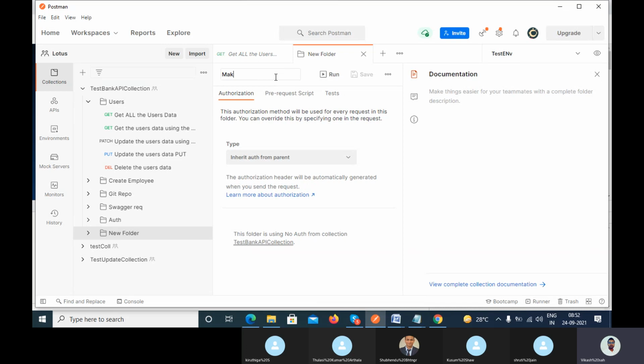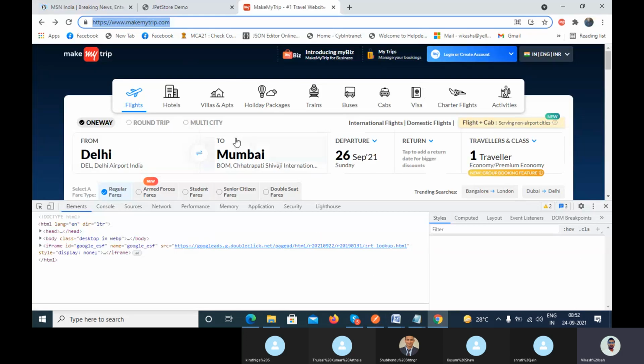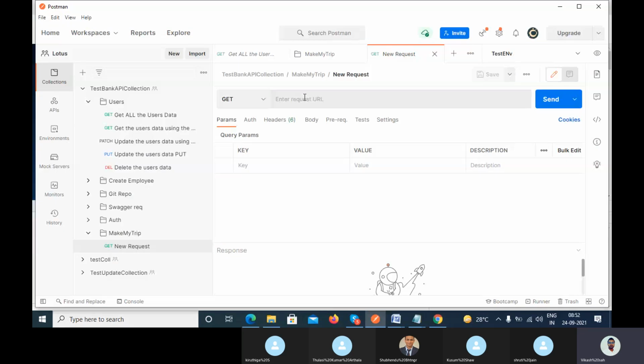I'm giving the name MakeMyTrip, and inside that I'm adding the request. Let's suppose I'm your client and I'm giving you the requirement: to open the home page, the dashboard page, you have to use this particular service URL. Using the GET method, you have mapped the thing.